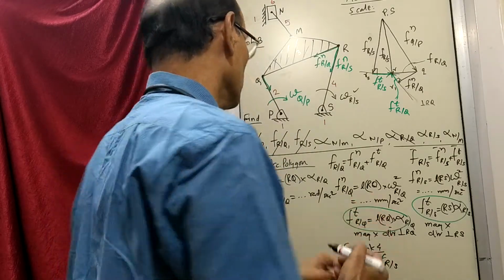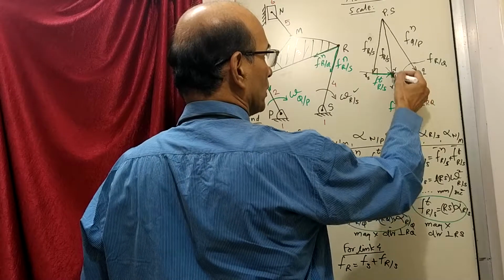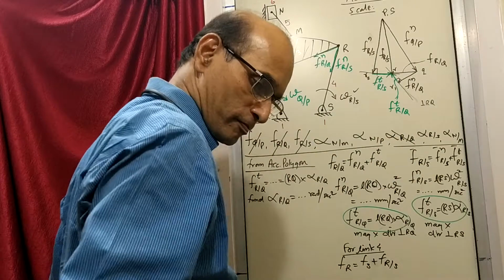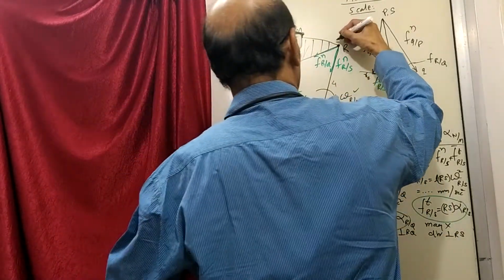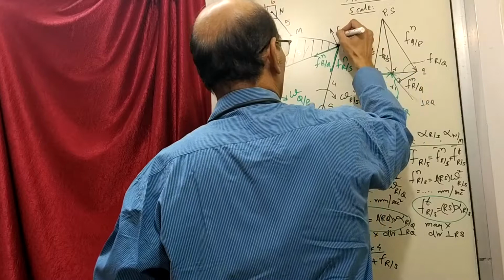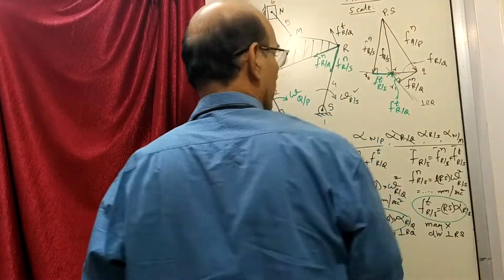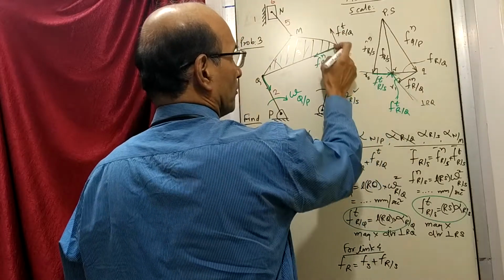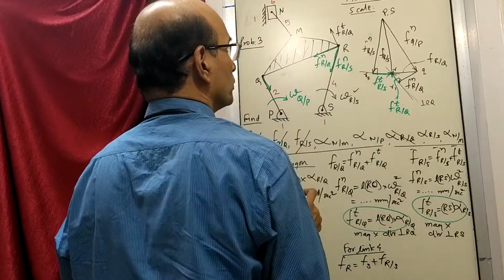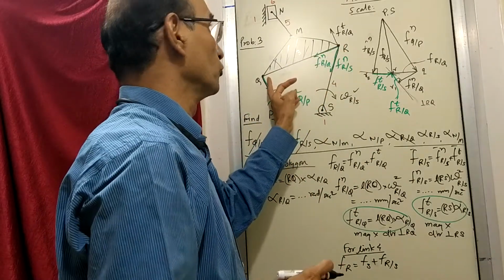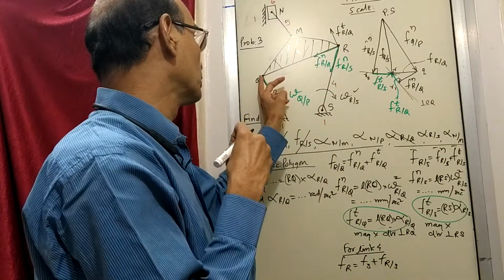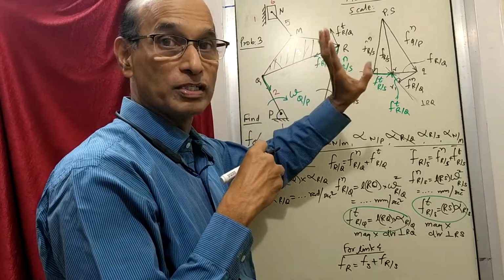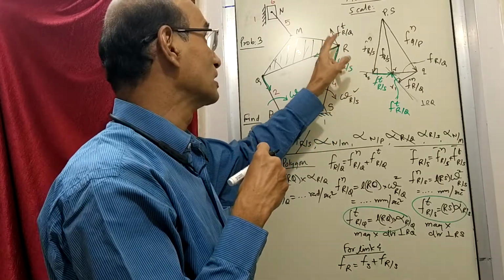Alpha. Now this tangential we have found out like this. Normal was this, and tangential is this way. So I'll just show that. Maybe I'll show like this itself. So this vector, I have drawn it here, f tangential of r with respect to q. Now r with respect to q means where the observer is standing. I am standing at q, looking at r, and this point has got tangential acceleration like this. See, the velocity is different and acceleration is different. Acceleration is in this direction.